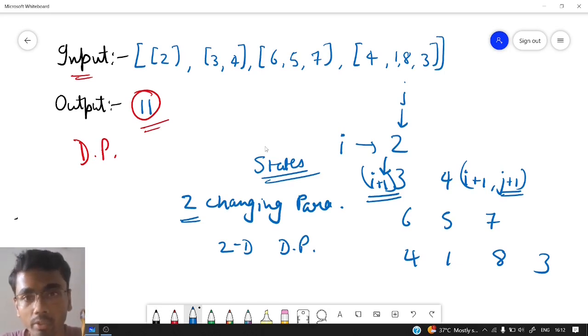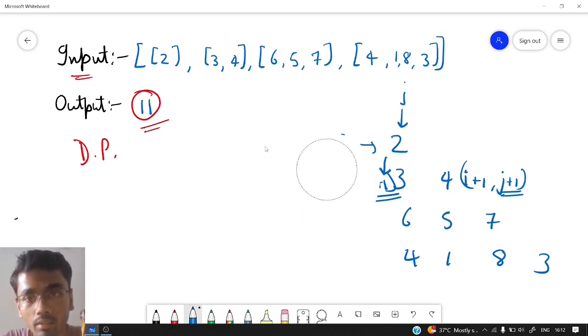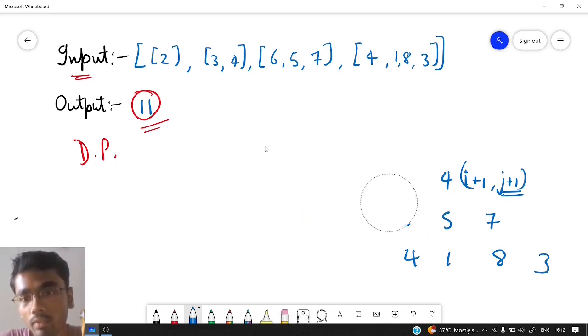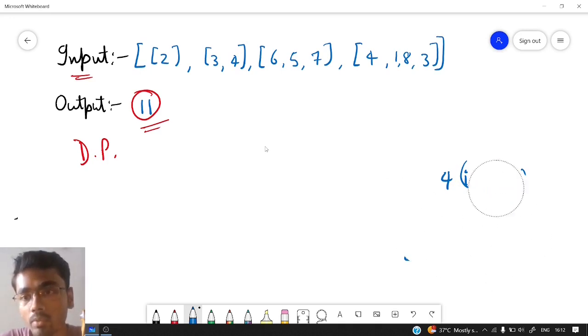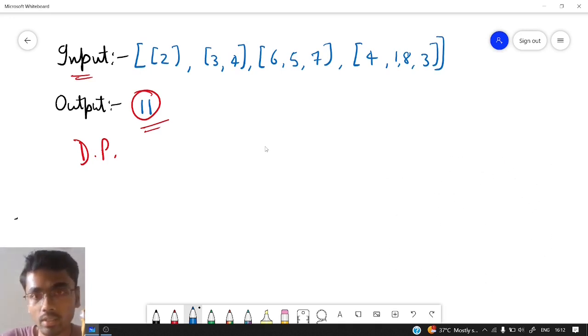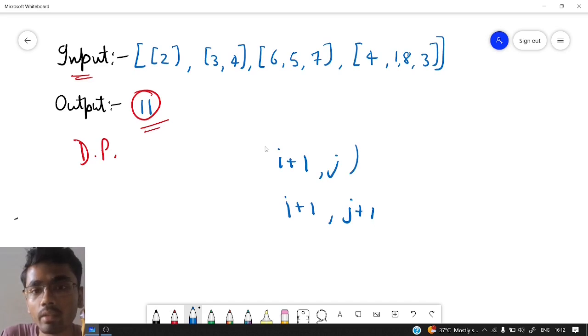Now what about the transition? We don't have to worry much about the transitions, because the transition is given in the question itself, the number of possible options that we have to traverse in the matrix, or you can say a triangle. So there are two possible scenarios, either we can go to I plus 1 or we can go to I plus 1 comma J plus 1. Here J will remain as it is.